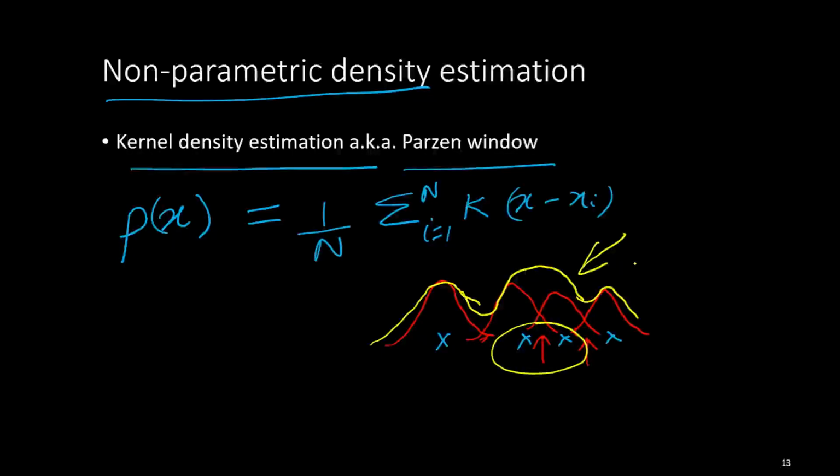This need not be just Gaussian, it can be a triangular kernel also. A triangular kernel would look like this, and we would add multiple of these kernels depending on whether the underlying points are closer or further apart from each other. So there are different choices, but the Gaussian window is one of the most widely used ones.